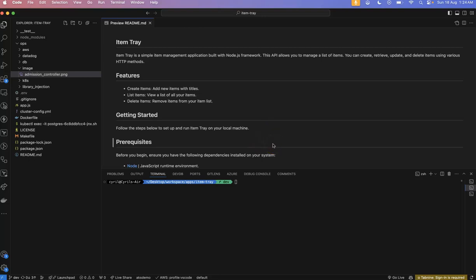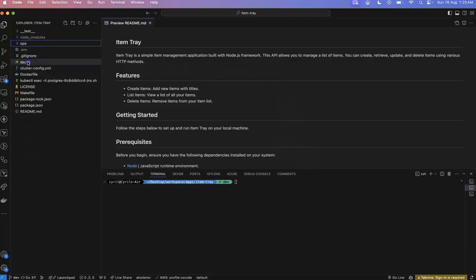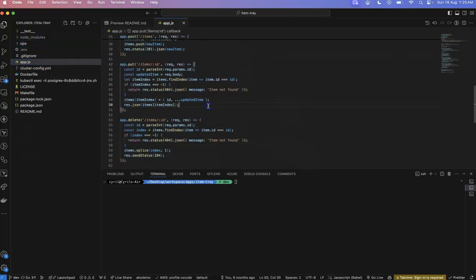Hello, greetings. So this demo is to demonstrate how to integrate Datadog APM using admission control in Kubernetes, where we'll be using a Node application to simulate that. This is the Visual Studio editor, where it has a Node application here. However, before we start, the main concept,